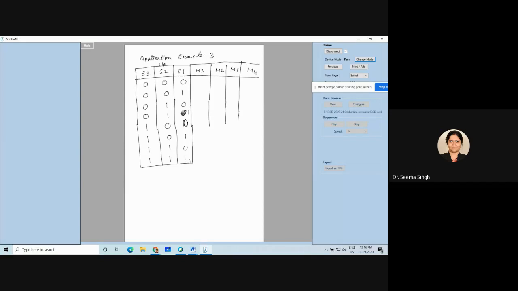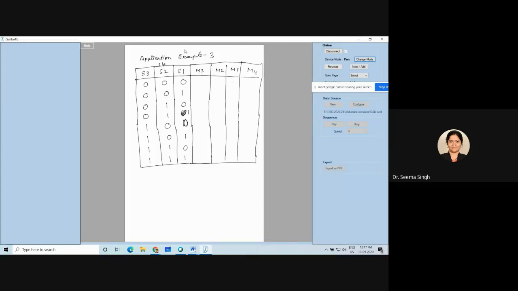What can happen? Now what did the question say? The question says that you have to give priority to your sensor 1. So let us take care of that part now. So sensor 1 is prioritized. So whenever product is present in sensor 1, which is shown with this 1, whenever it is 1, your motor 1 will be turned on, right? Motor 1 will be turned on. So motor 1 will be exactly the same column as S1. Motor 1 will be turned on as soon as the product is present in this belt 1.